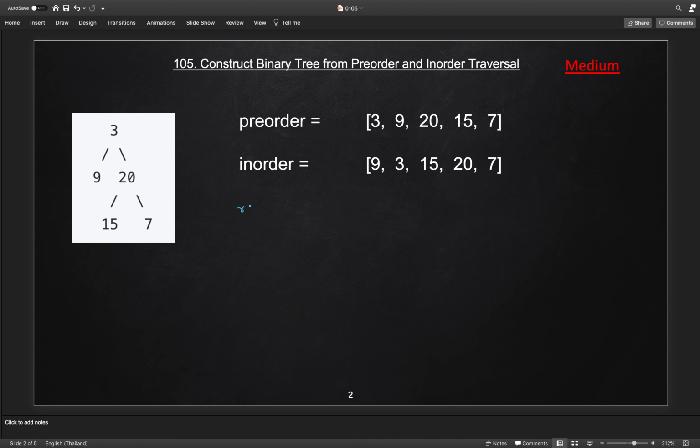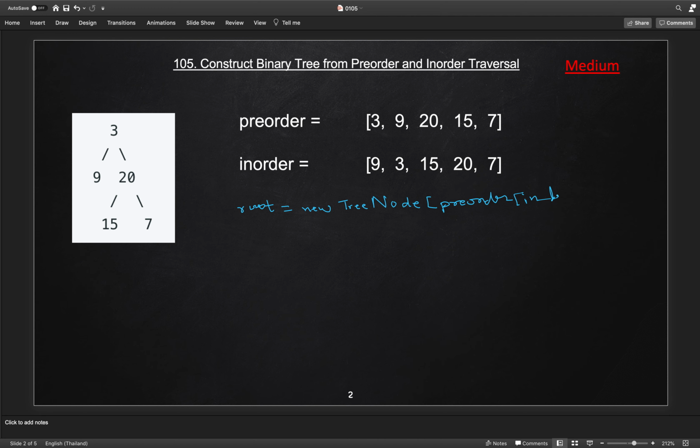First we will create a root node using the pre-order traversal. So this will be a new tree node from the pre-order index value.